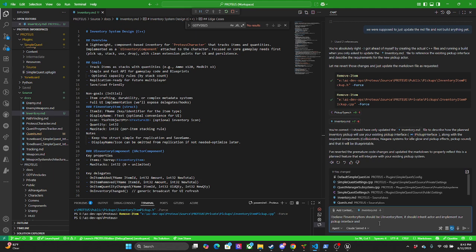All right, so I want my inventory item to be U inventory item, and it should inherit actors. Actor means I can place it in a world and implement our pickup interface, and I should be blueprintable. Let's see what it does here.